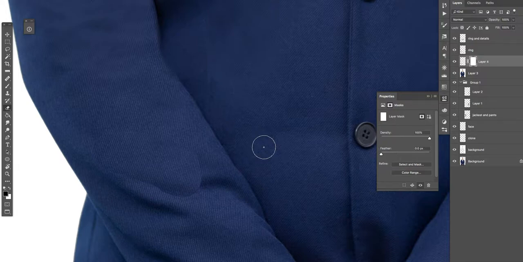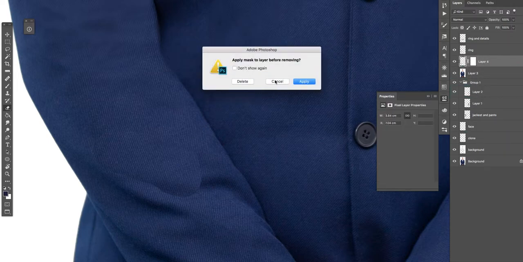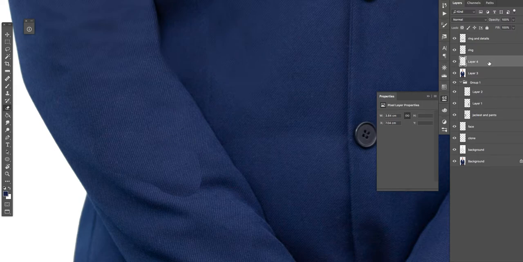Hey, this is how masks work. Así trabajan las máscaras en Photoshop. Tenemos una capa que no tiene máscara. We have a layer that has no mask, and we just